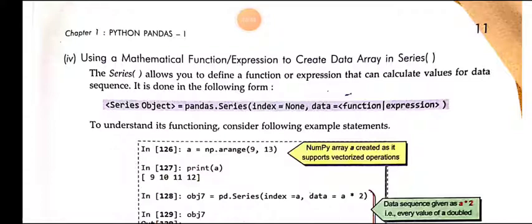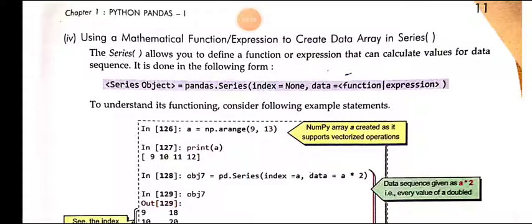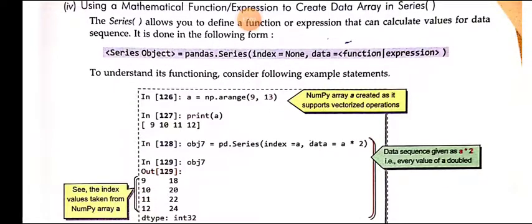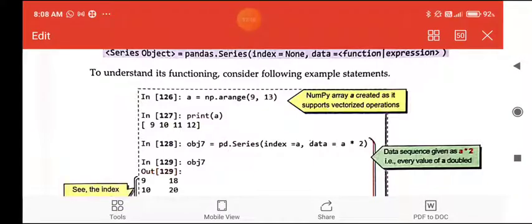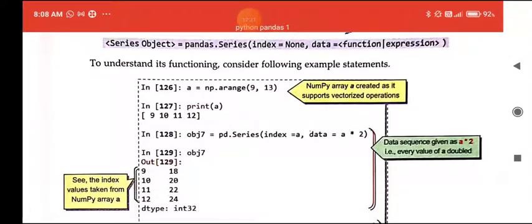For example, if we have taken a is equals to np dot arange 9 comma 13, this will generate the values 9, 10, 11 and 12. Then if we write obj7 is equals to pd dot Series, index is equals to a and data is equals to a multiplied by 2, we will get the multiplication result as a value, and the indices which we have are 9, 10, 11 and 12.